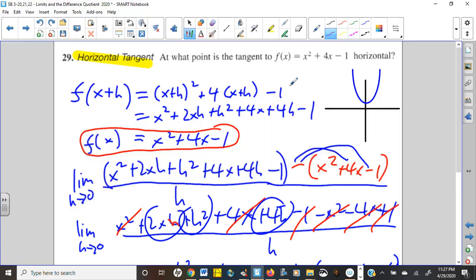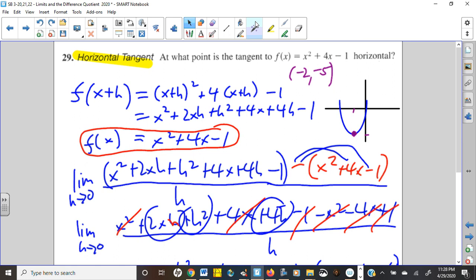So we would have to finish the problem off by plugging negative 2 into our function. So I would get 4 plus negative 8 minus 1. So 4 minus 9, I guess, negative 5. That's the point. So back 2, down 5. That's where the vertex of your function is. That's where the tangent will be